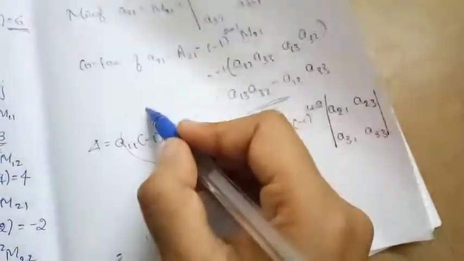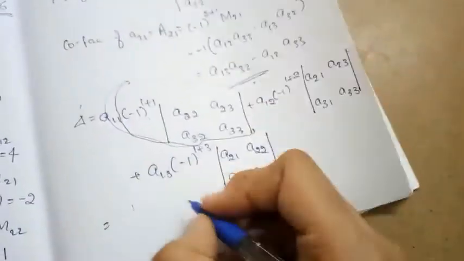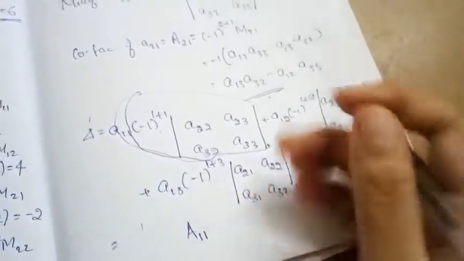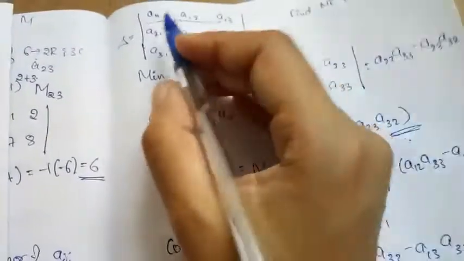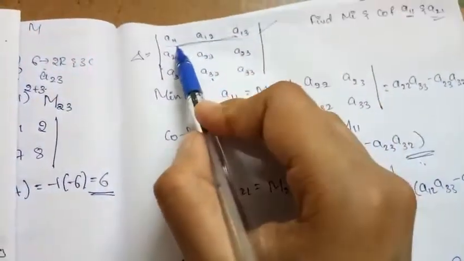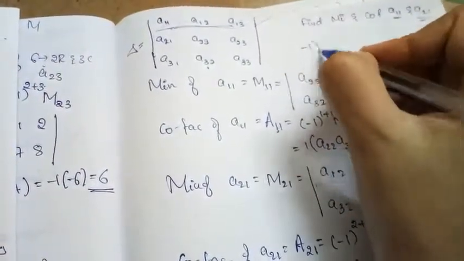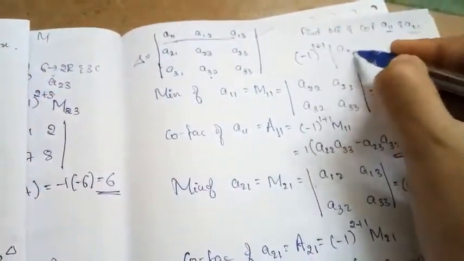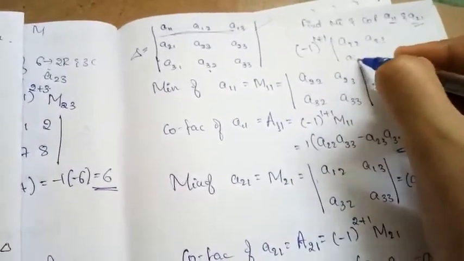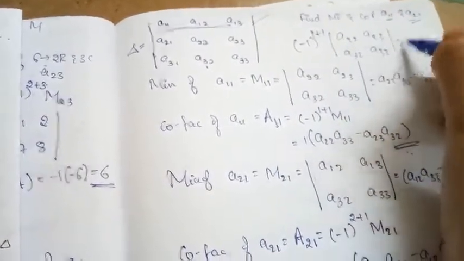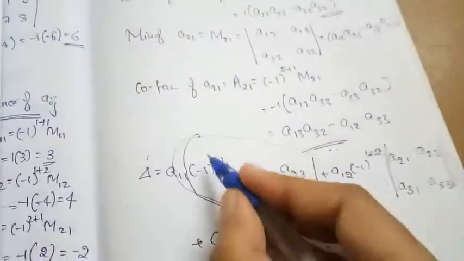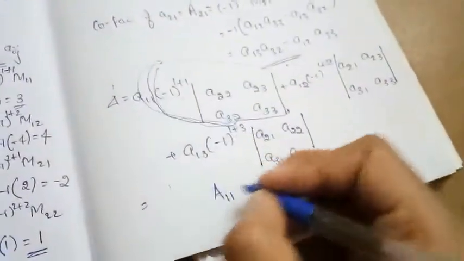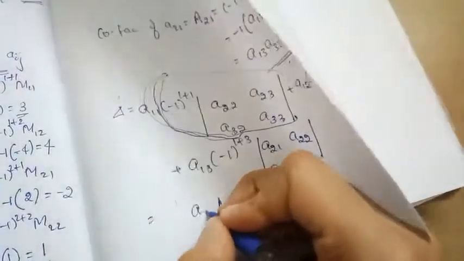This one, not that element, this one is nothing but A11, right? Suppose if I asked you to find A11, what you used to write, you can look here itself. You take minus 1 to the power 1 plus 1, deleting the row and column containing that A11. You used to write A22, A23, A32, A33. So this value is nothing but our capital A11. By looking here you can say this one is nothing but our capital A11.